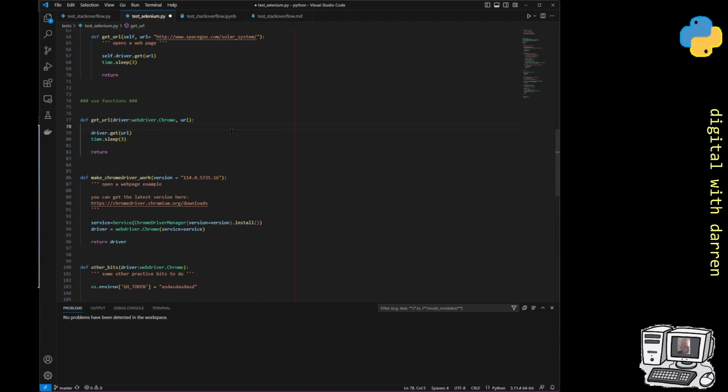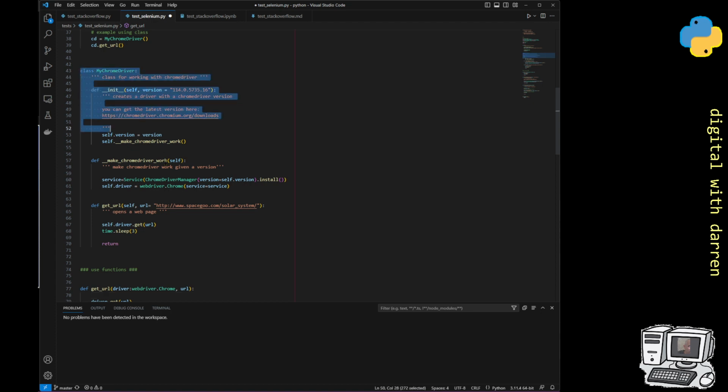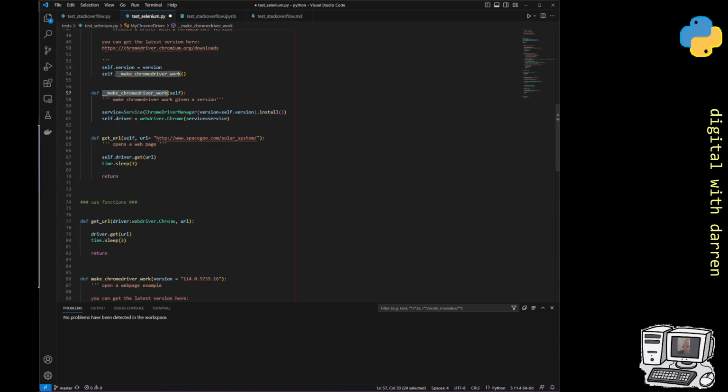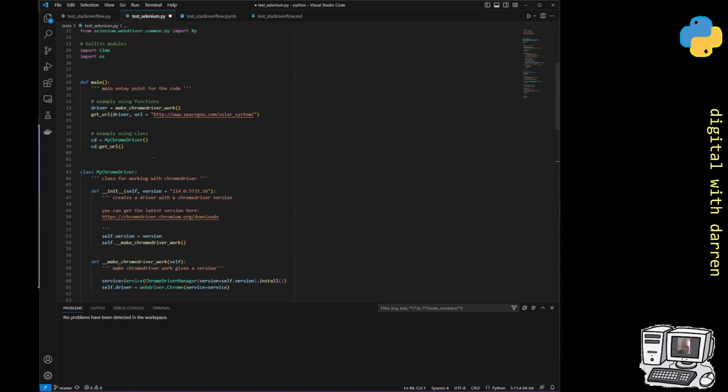Now, both were easy, but the reality is this Chrome driver class does pretty much the same thing. So here I've got this make Chrome driver work, and notice that literally I've taken that code out of this make Chrome driver work here. So that's more about controlled flow. So there are two choices of this, and if anyone does send a request or whatever, I can actually share this code anyway. But to get this working in the latest version of